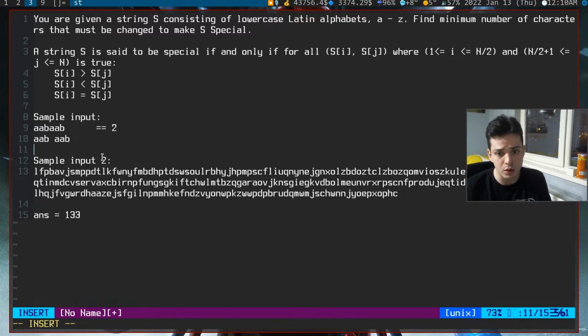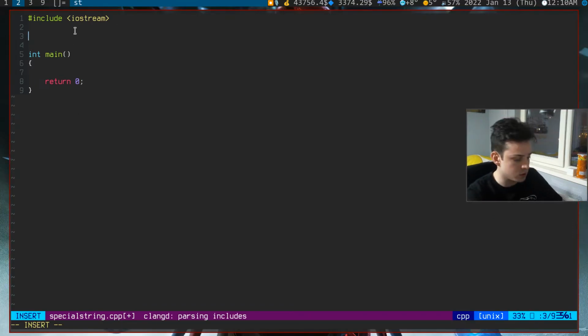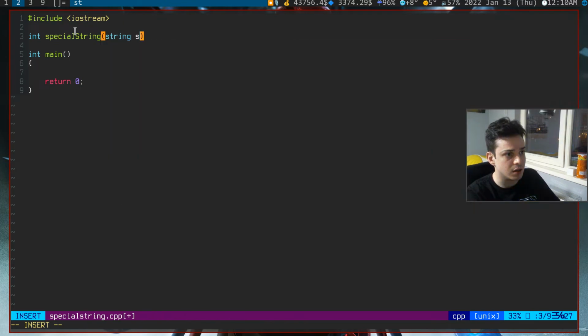So how can we solve this question? First, as always, let's split this string into left half and right half, and let's count the variables. Let's try to write a function now. This will return an integer, taking a simple string.